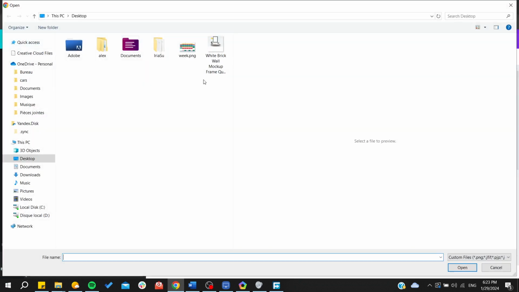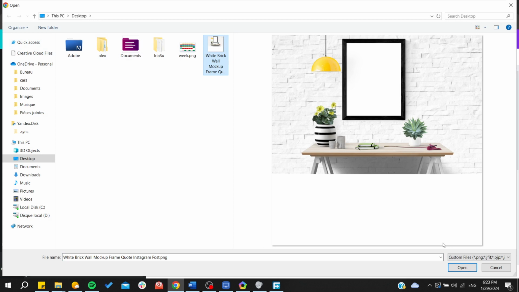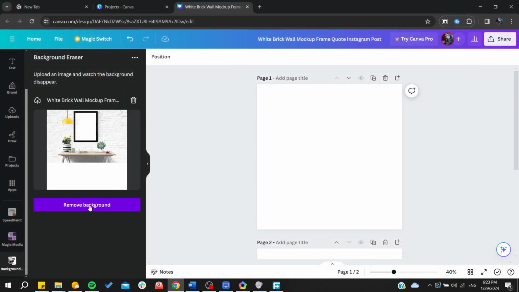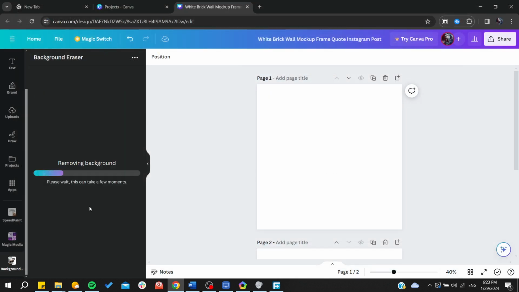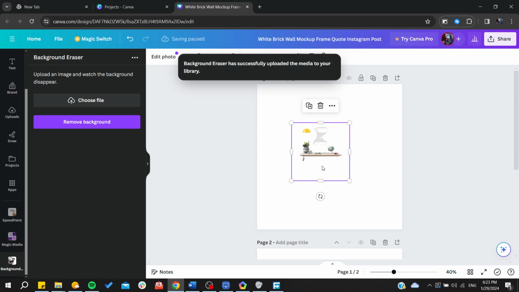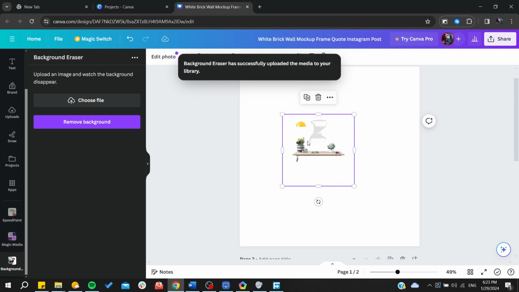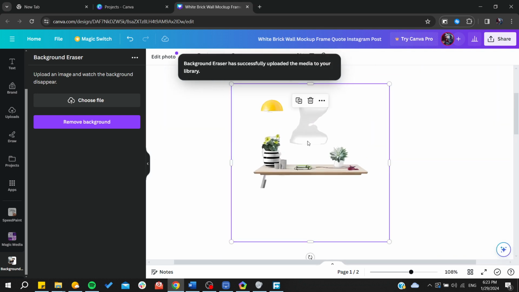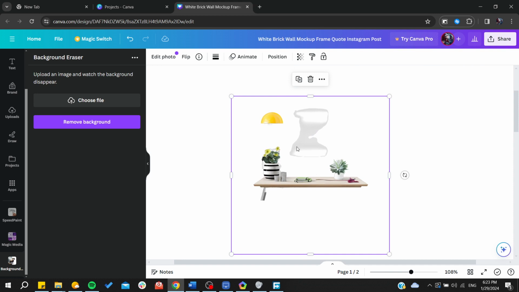I choose the file. So basically I want only this file that I have here. I'm going just to click on remove background and I'm going to wait for the picture to be processed and I'm having this result. Of course, I'm having a bad result since it thinks that my table is the object